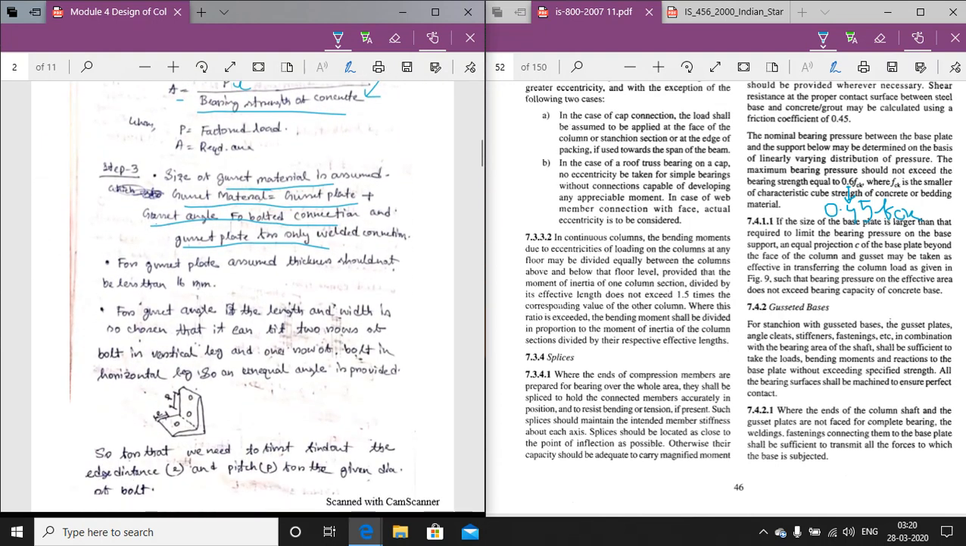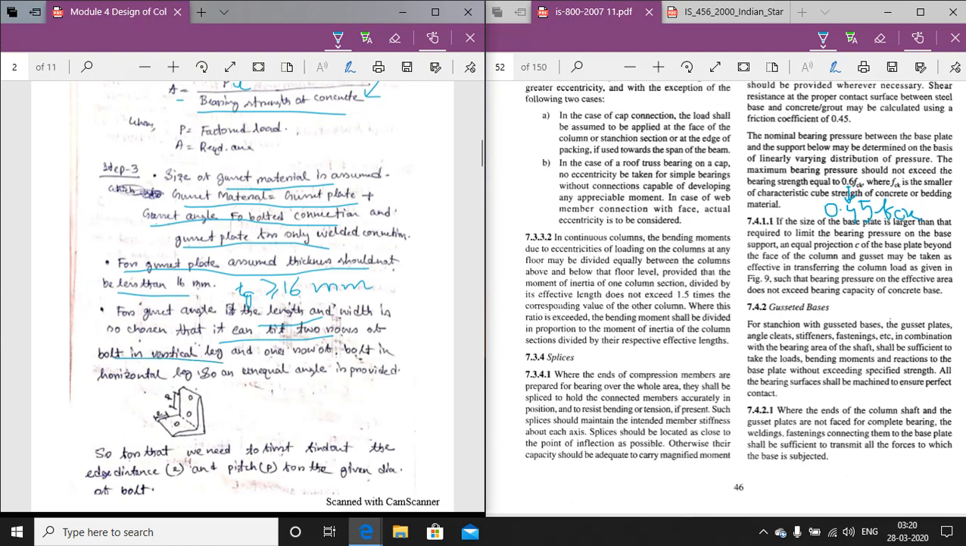Now for a gusset plate, the first criteria is that the assumed thickness should not be less than 16 mm. So first we will assume the thickness of the gusset plate to be greater than or equal to 16 mm. First important part it is. So thickness of the gusset plate should not be less than 16 mm. It should be equal to or greater than 16 mm. First one. Second one is for gusset angle, the length and the width is so chosen that it can fit